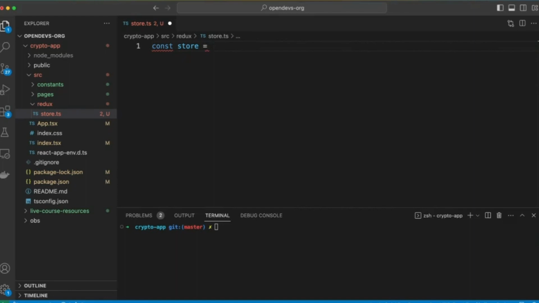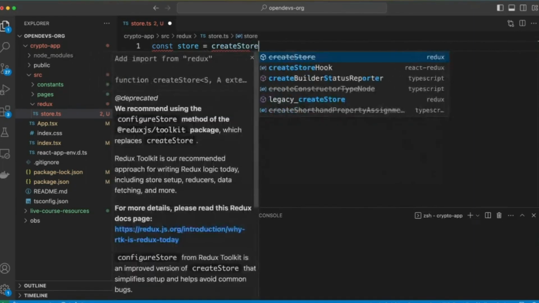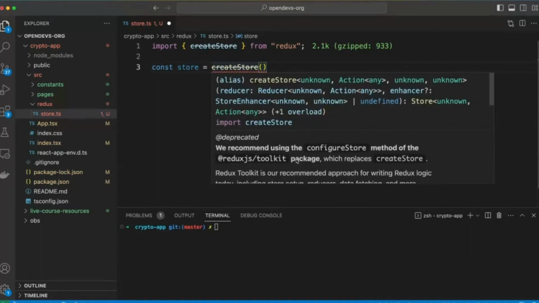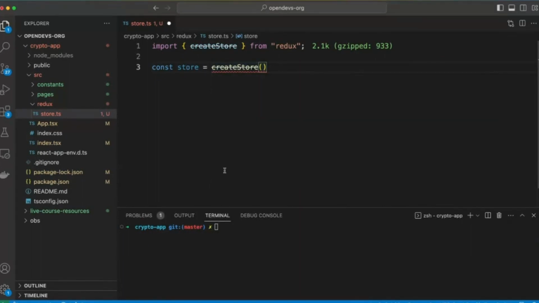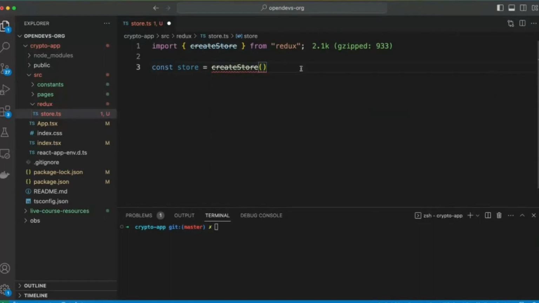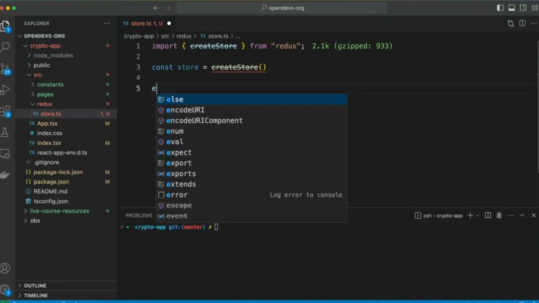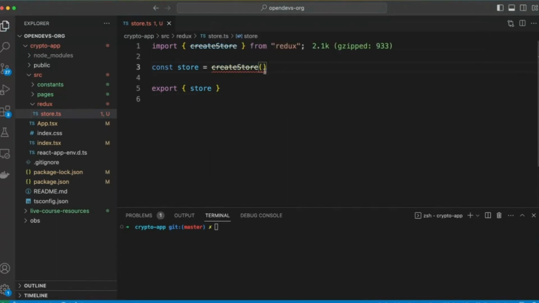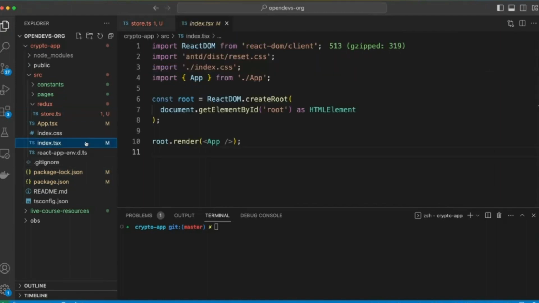We have to create it using something called createStore from Redux. Now you will see a warning that this is deprecated. They ask you to use Toolkit instead, but you can safely ignore it if you don't want to use Toolkit. That's not an issue. You have to export this store, and for now you have to give it something here. I'll show you what. But this is the store, and to be able to provide it to the whole of